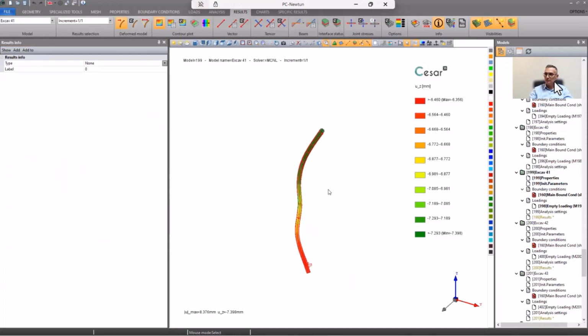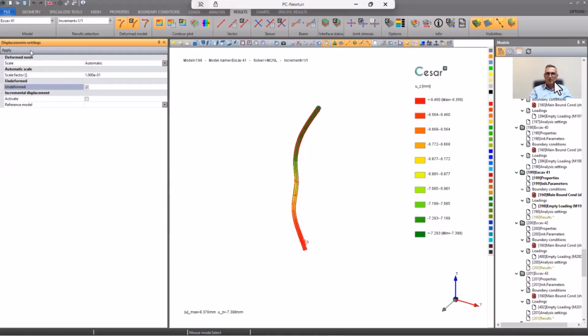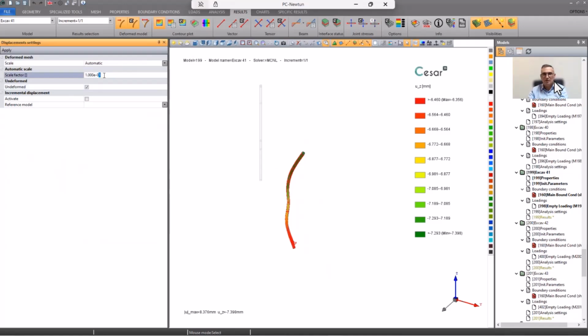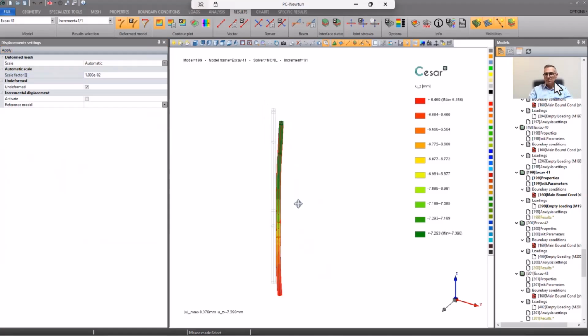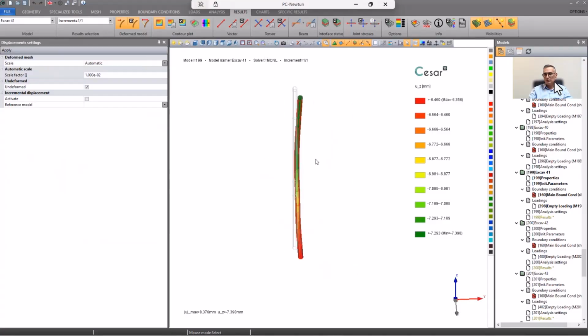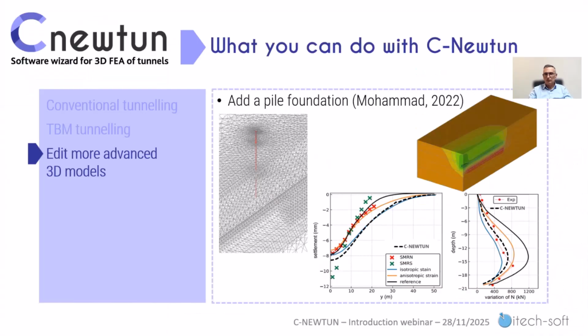So you see after several excavation stages, we can see the deformation of the pile with a large scale. I will reduce it. Okay. So again, more advanced results for the tunnel engineer to access and integrate these results in his calculation report. Coming back to the presentation,